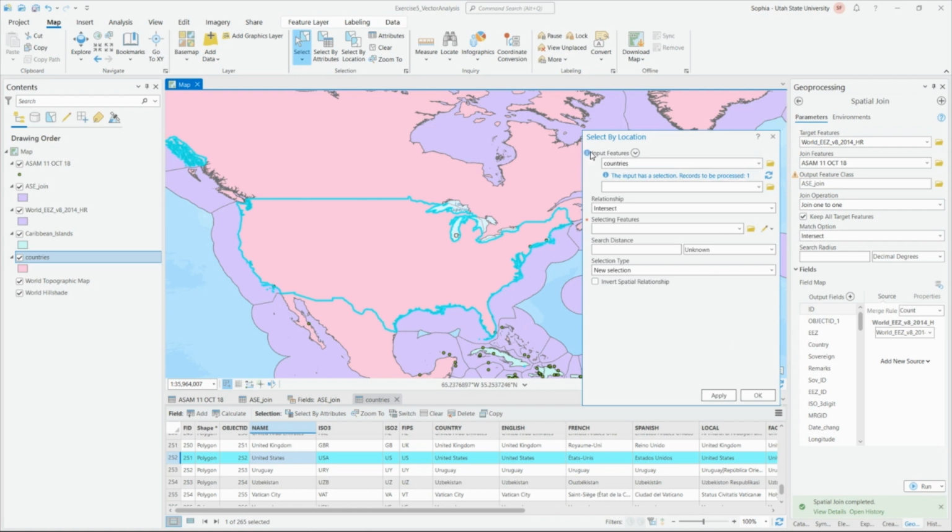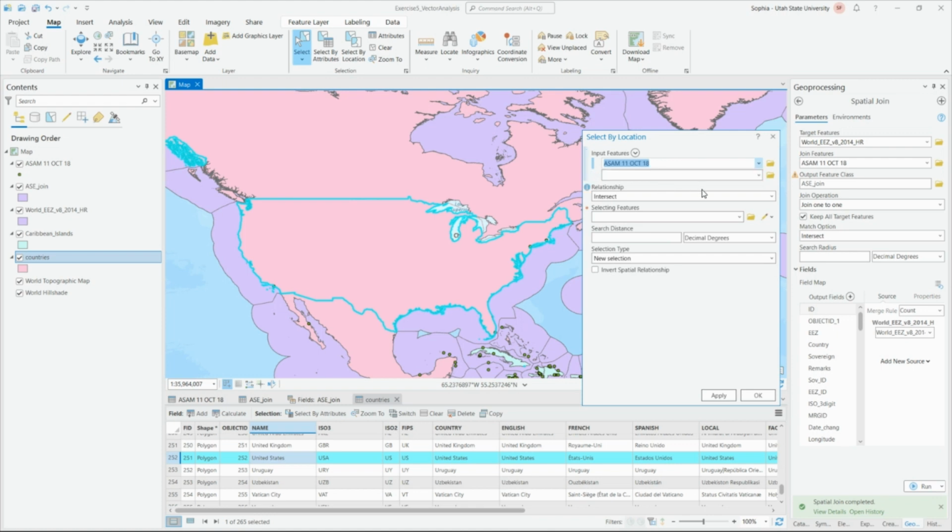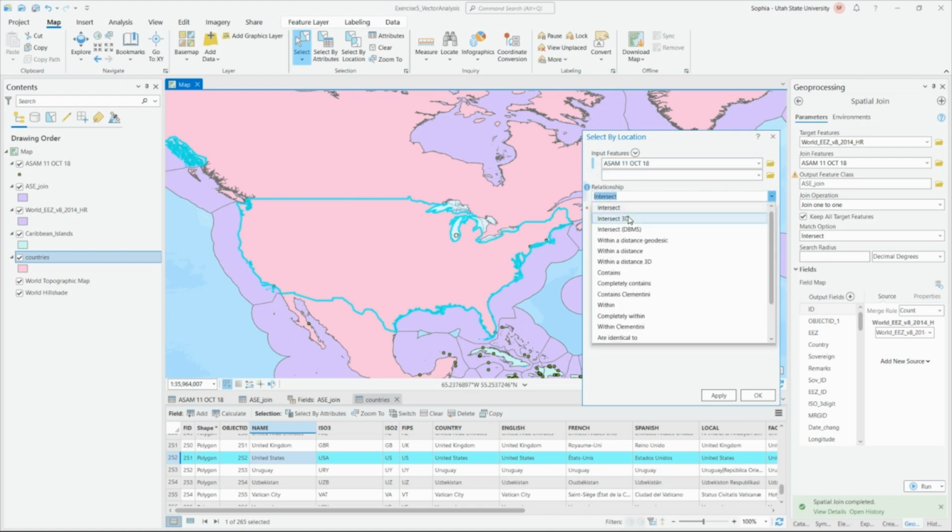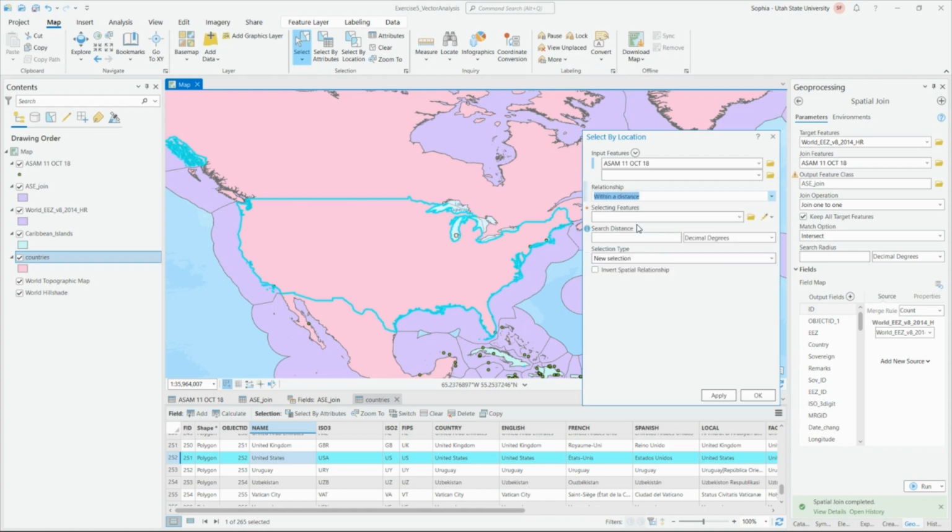Now, what we're going to do here is we're going to have our input features. We are going to pull our features from our ASAM file. We want it to be within a distance. We want our selecting feature within a distance of our country's file. Now see here, it's going to tell you that this input has a selection, which is what we just did. So that means it's only going to process information according to this selection, which is very useful for what we want now. Next, we're going to put in that we want to be 200